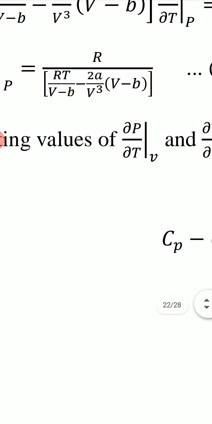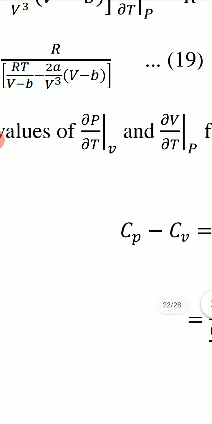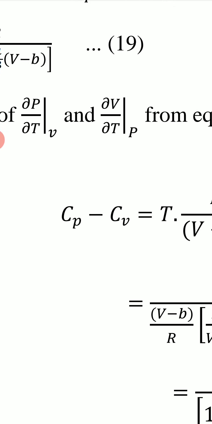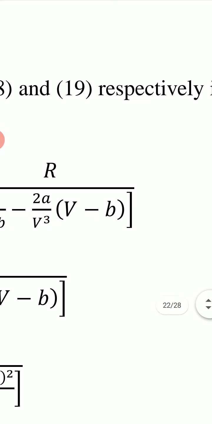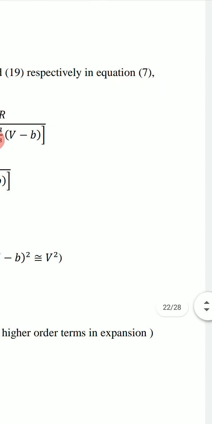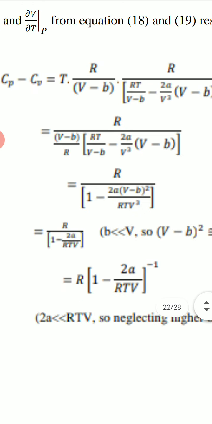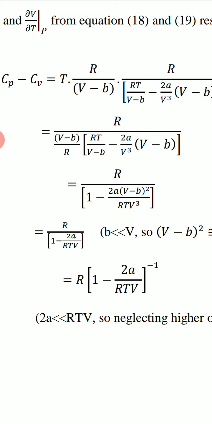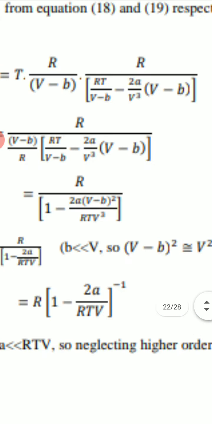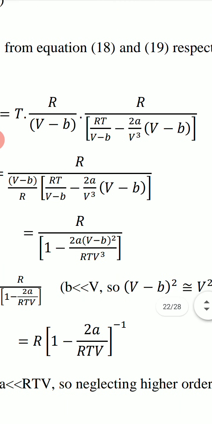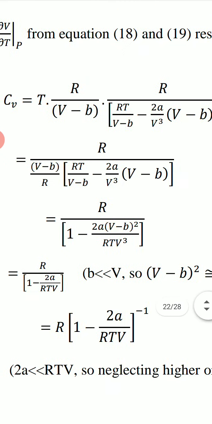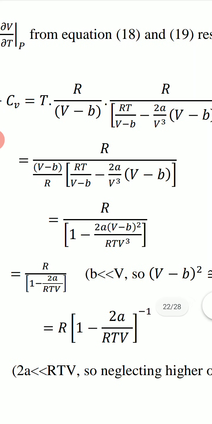Now we put the values of delta P upon delta T at constant V and delta V upon delta T at constant P from equations 18 and 19 in equation 7 and get Cp minus Cv equal to T R upon V minus B into R upon RT upon V minus B minus 2A upon V cube into V minus B. This is equal to R upon V minus B